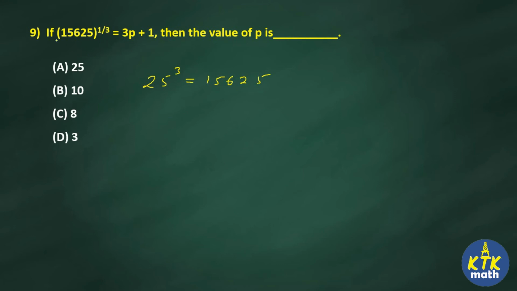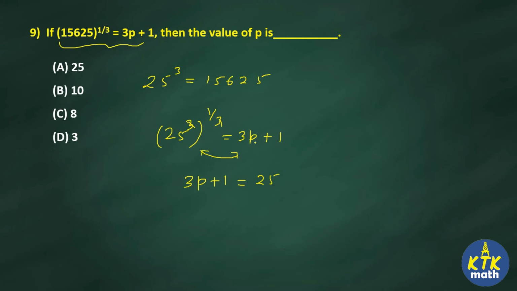So in this equation, 25 cube to the power 1 by 3 is given to you, which is equal to 3p plus 1. So the 3 will get cancelled, therefore 3p plus 1 is equal to 25. I'm just writing in reverse, making the variable be on the left side. Now this plus 1 is going to be minus 1. I hope you know the simple equations concepts. We need to move numbers one by one to the right side to get the value of the variable. So 3p is going to be 24. So p is 24 by 3, which is 8 times, so p is equal to 8. This is the answer for your question number 9.